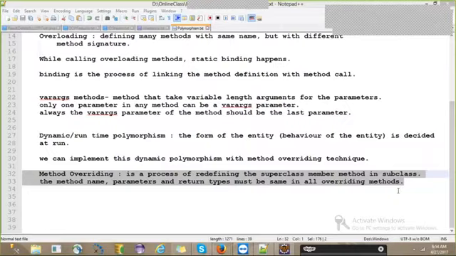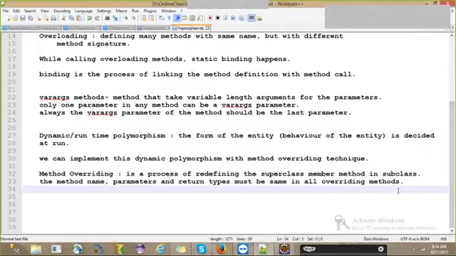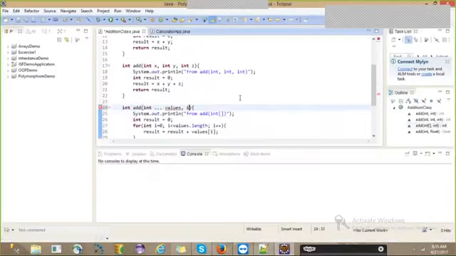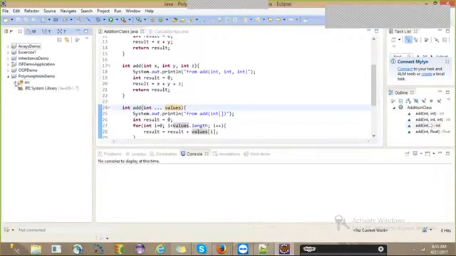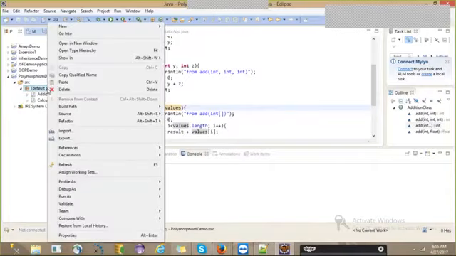Now let us see this method overriding programmatically. How do we implement method overriding? Let's come to the programs. So in dynamic polymorphism, to do method overriding, what we need is inheritance.